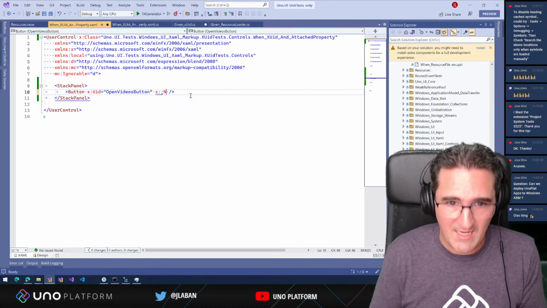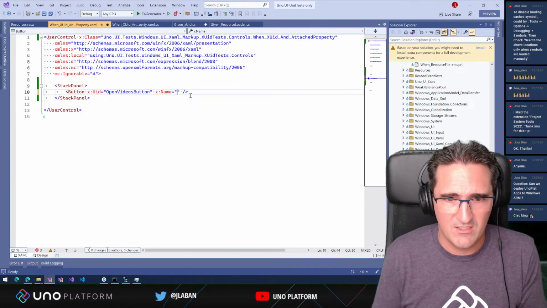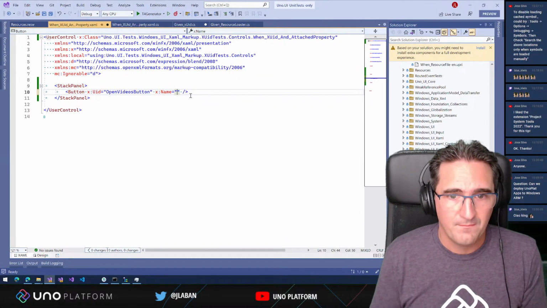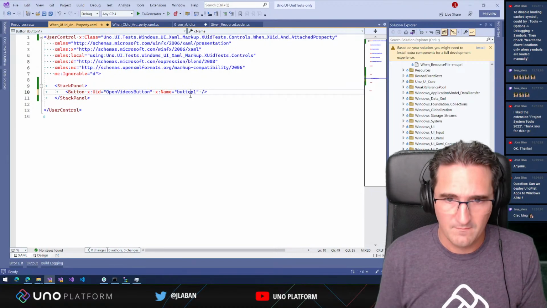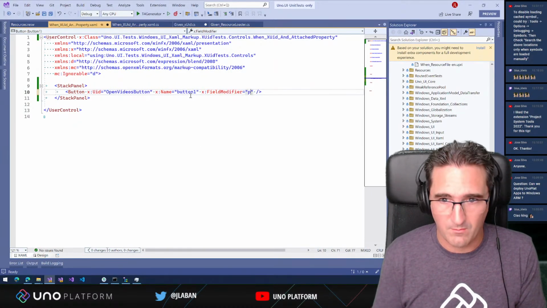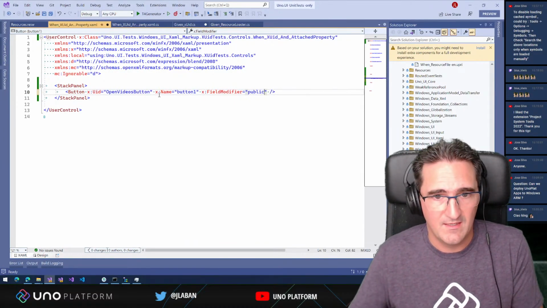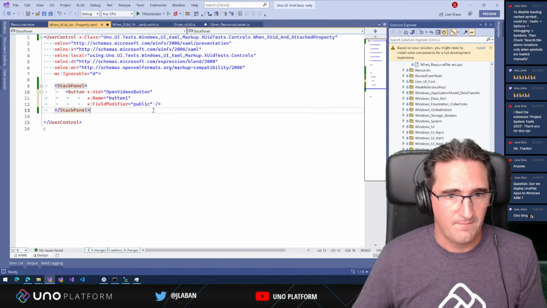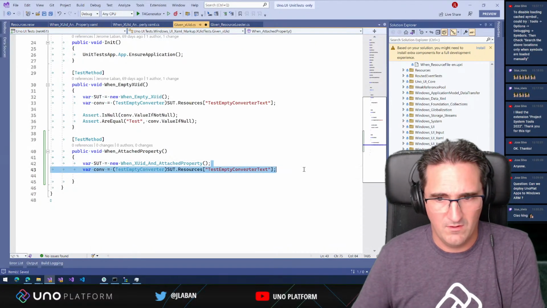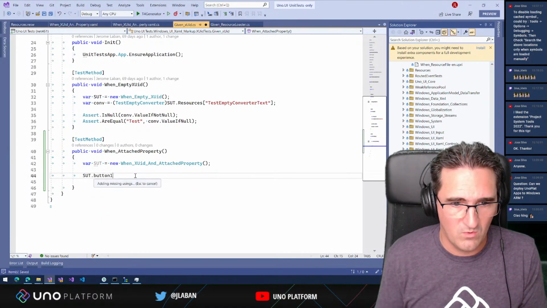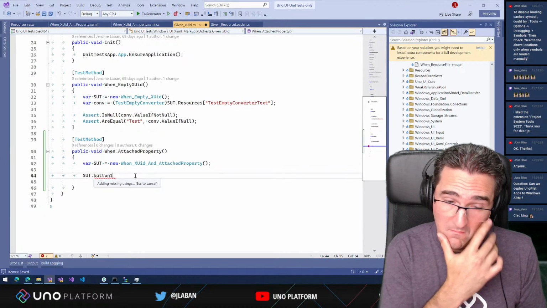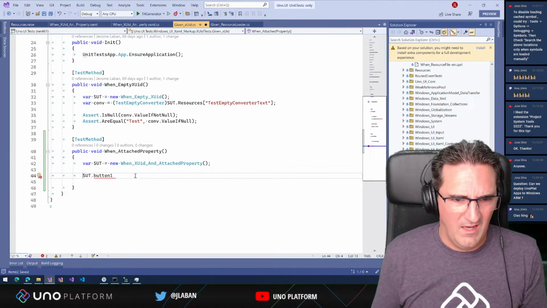So we have to give it a name. Otherwise we can't get to it easily. We have to make the field visible, otherwise we can't get it from the outside. And it's button one. So what we need here is to have sut.button1 and